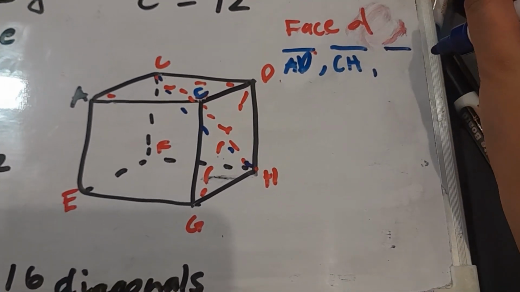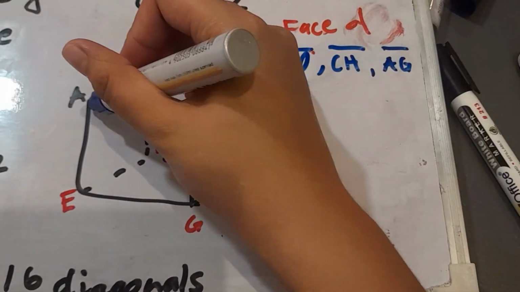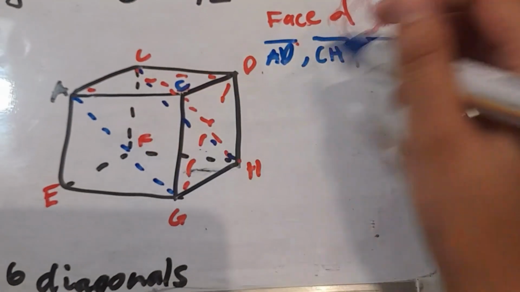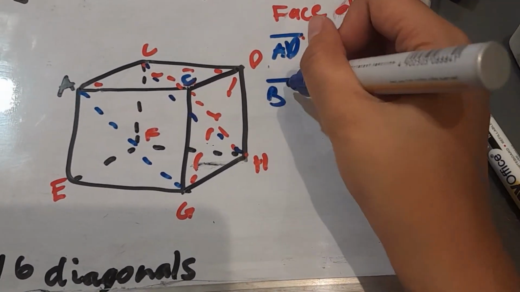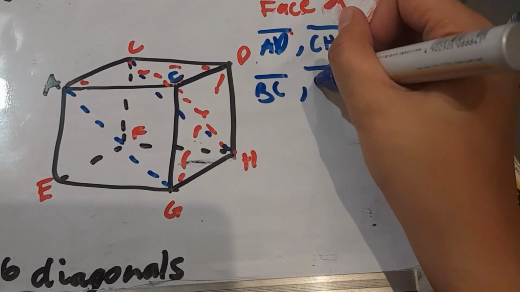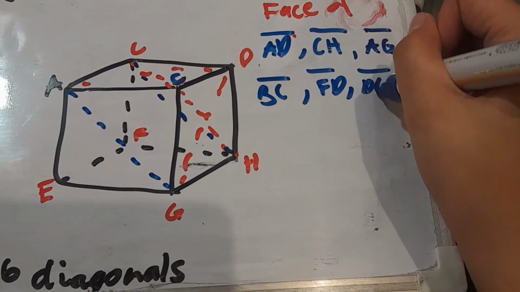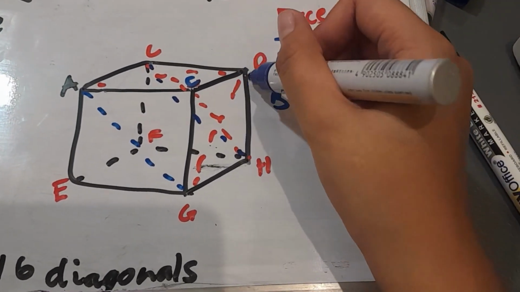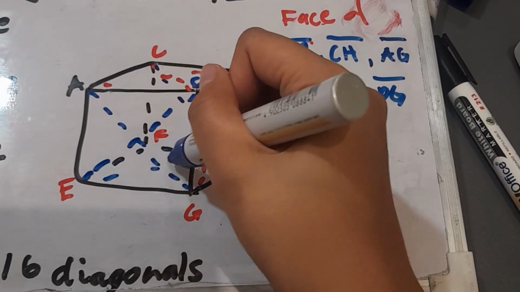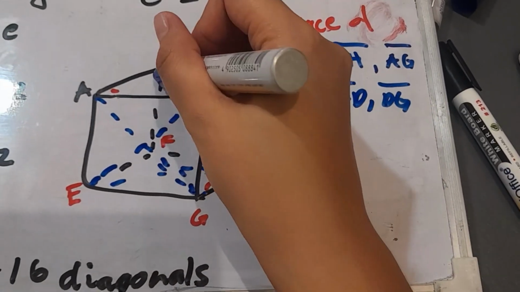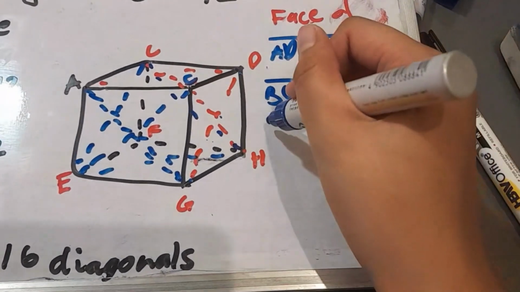So, line segment AG. Itong nasa unahan. Line segment BC. Line segment FD. Line segment DG. Itong nasa unahan. Yan po ang face diagonal, yung nakatapat sa labas. DG,